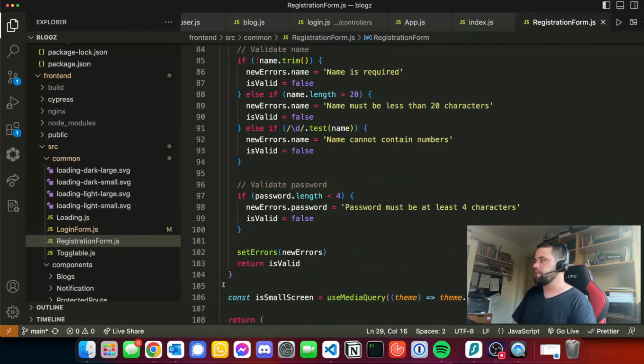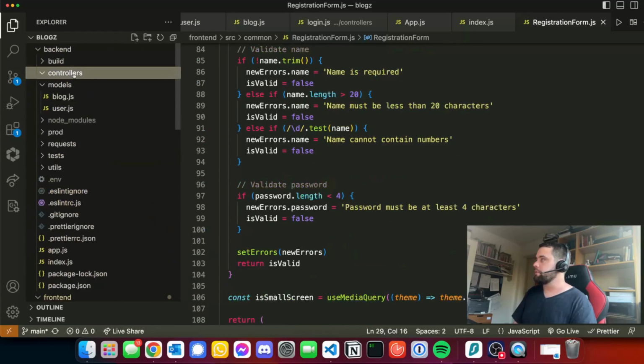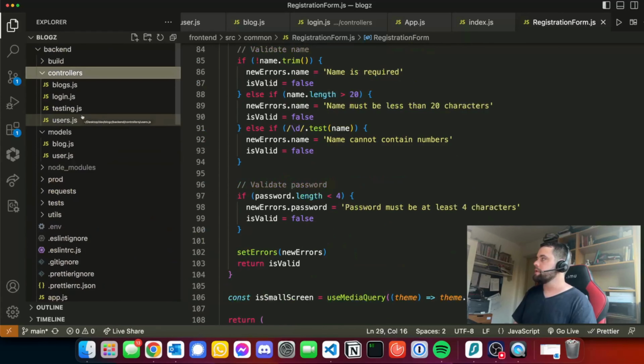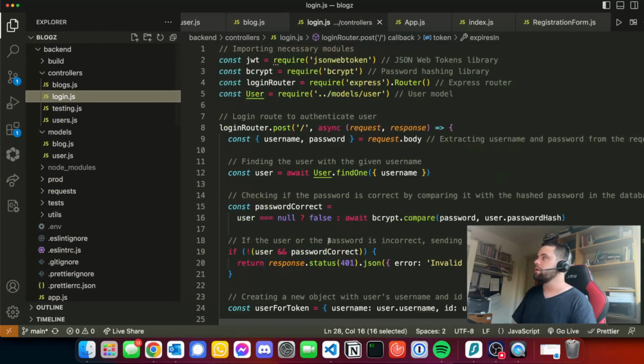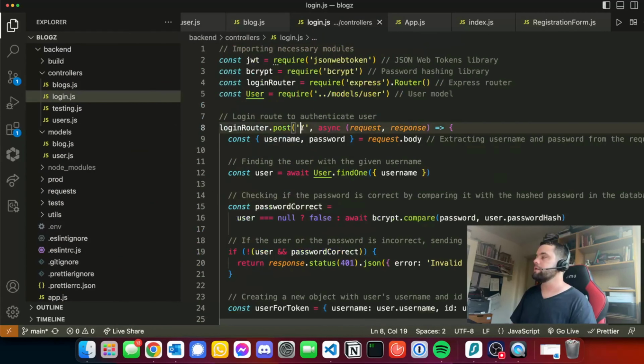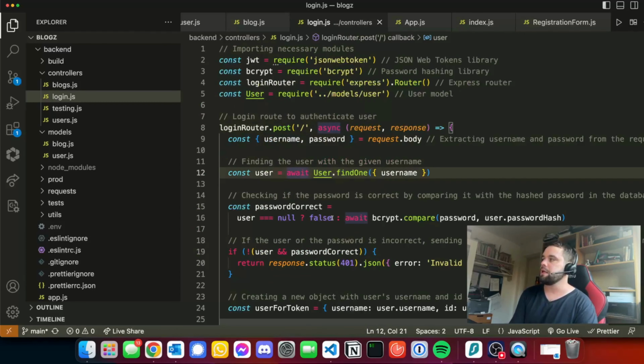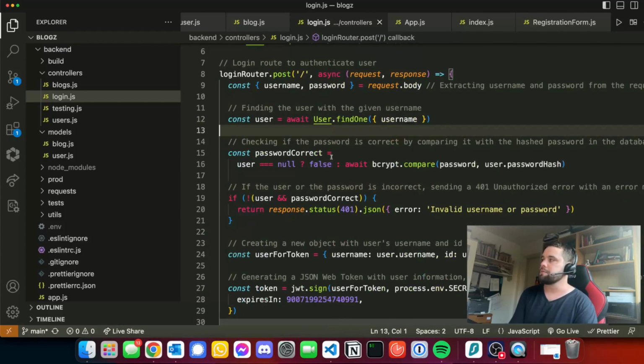I've added some validation on the forms, but not only that, we've got proper validation on the back end as well. So if I go to login, you can see here we've got the login. There's a post request, and it takes the username and password from the body, which is just a JavaScript object that's been sent to the backend in an API call. It extracts the username and password, checks is the user in the MongoDB database. If it is, then the user thing will be populated. Password is then correct if